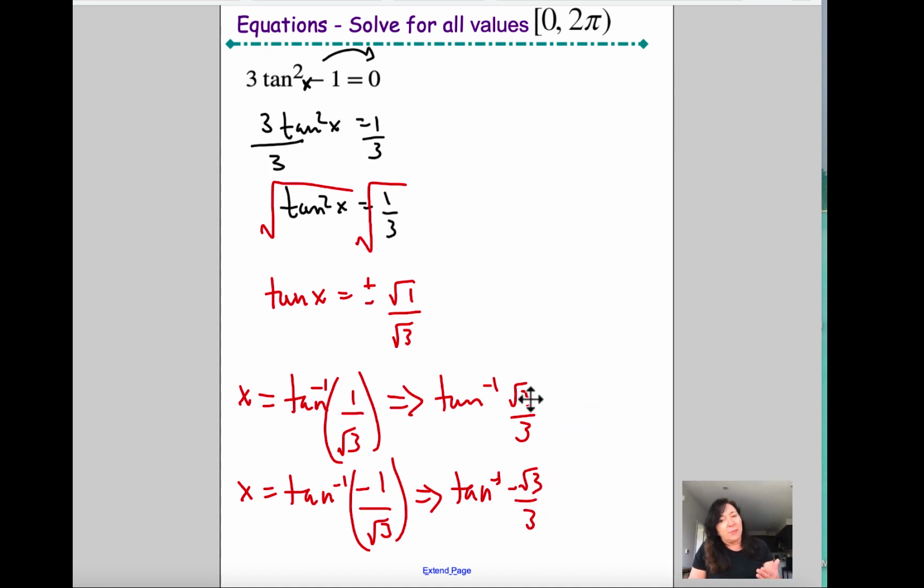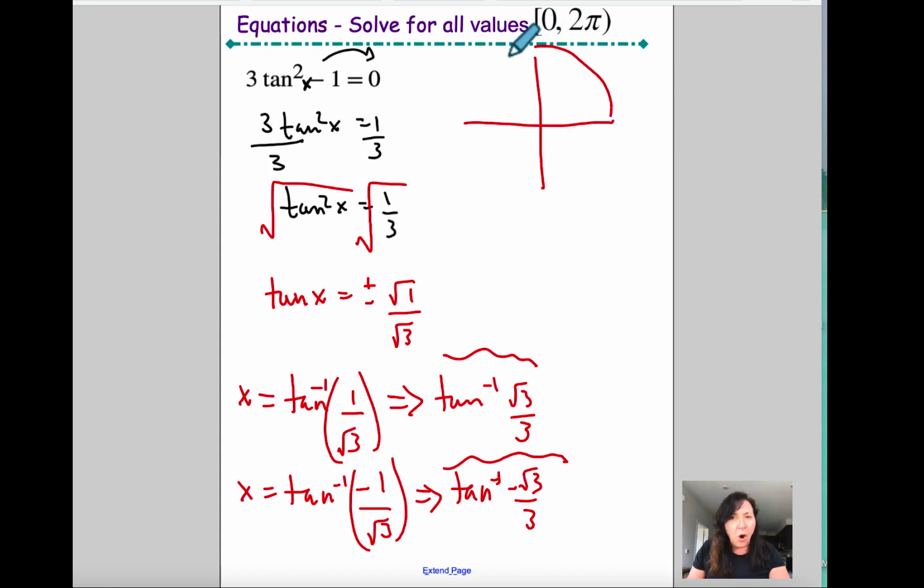And if you remember, right, root 3 over 3, 30. 30 degrees is my reference. So it's got to be a multiple of 30 degrees all the way around, because this is saying, where is tangent root 3 over 3? Positive. This is saying, where is tangent negative root 3 over 3? So it's everything all the way around, not including 2 pi. So a 30 degree reference here